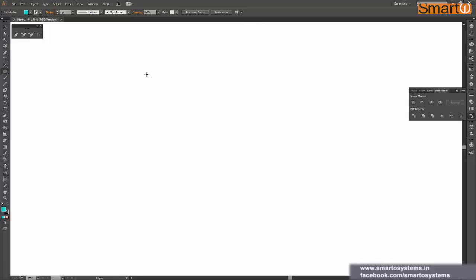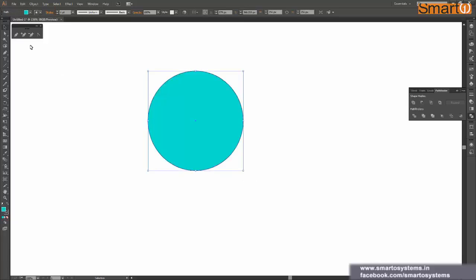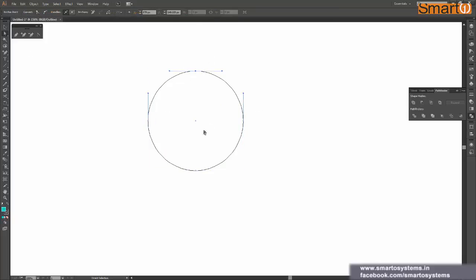So I'm gonna create a circle for that, and let's see our first tool, that is add anchor point. Okay, and before that I think I should tell you this again. These 4 points over here are called anchor points. These 4 blue points, this one, this one, this one, and this one around the circle are called anchor points. And if I select any of these anchor points, you can see these control handles beside it.